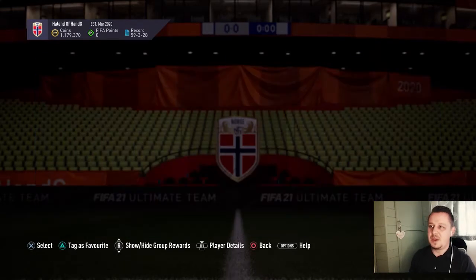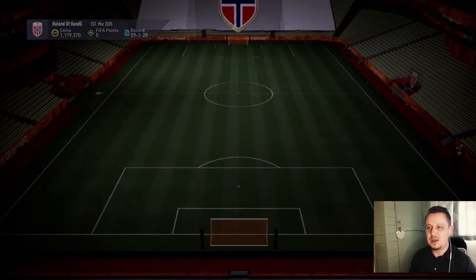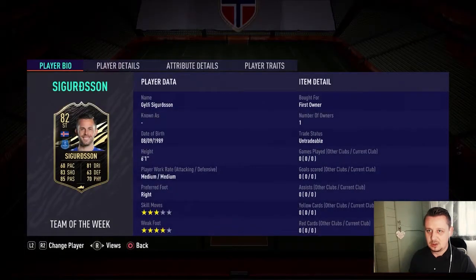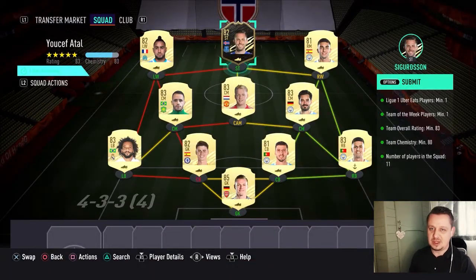We are going to go and put him in, and he is going to basically be essentially like a super sub, because I don't use any of these players. They are all players in my squad. I think even Sigurdsson might even be untradeable. Yep. So I don't really use any of these players,